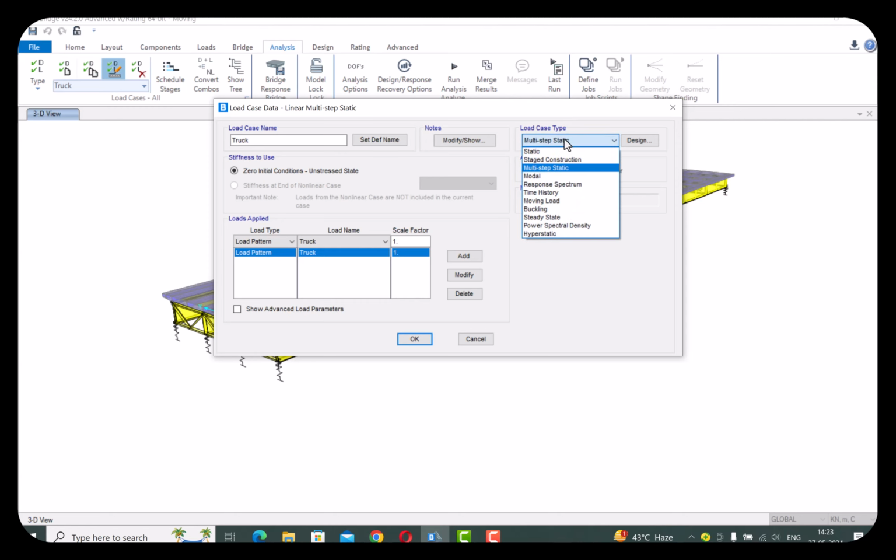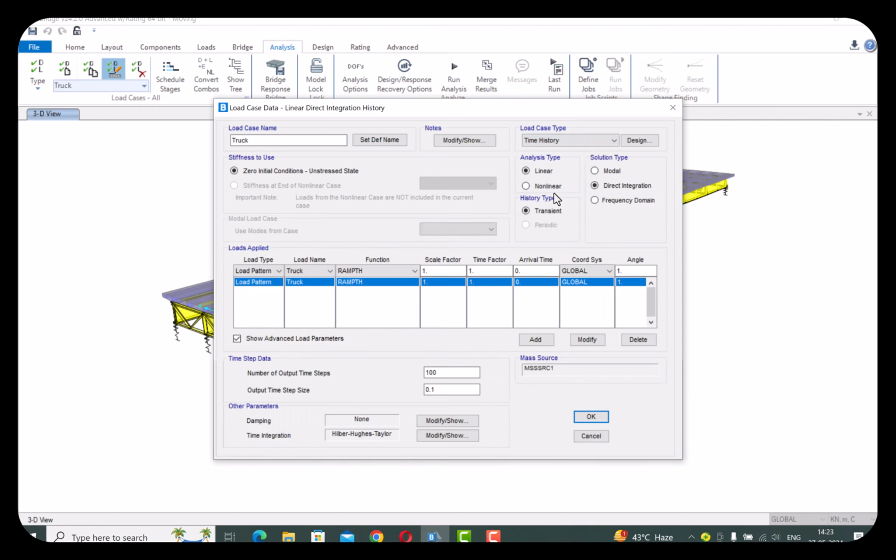We'll click on this drop down menu and select the time history. We'll keep the analysis type as linear and we'll keep the solution type as direct integration. Now you can see that the program has a default load application called ramped, which we will not change. We'll change the output steps to 320 and the time step size to 0.05 and press OK